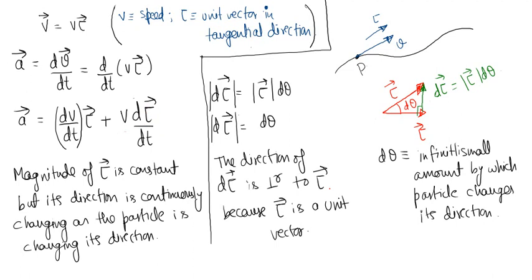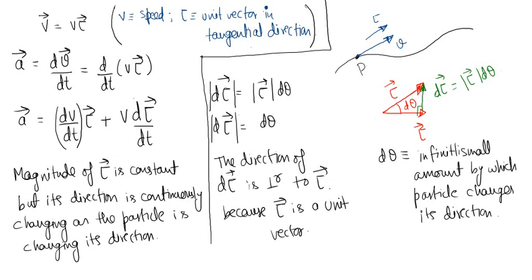So acceleration contains two terms. The first term is pretty much straightforward. It is the term of tangential acceleration, which is basically dv by dt in the tangential direction. This is the tangential acceleration, dv by dt, which is the time derivative of speed. Now the second term is v into d tau by dt. Now let us find out what d tau cap by dt is.